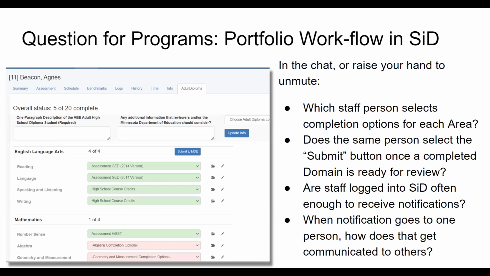No, so we select the completion options with our students basically as we go through when they first enroll and decide what they're going to do. Sometimes I'll mark it in there and sometimes not, but I do all of that, whether it's marked or not. And then the teacher will upload, mostly for ABE coursework, all of the portfolio documents that need to go for that particular course. And then I'll review that and upload it and submit it. Okay, so it's a team effort between you and the teacher.